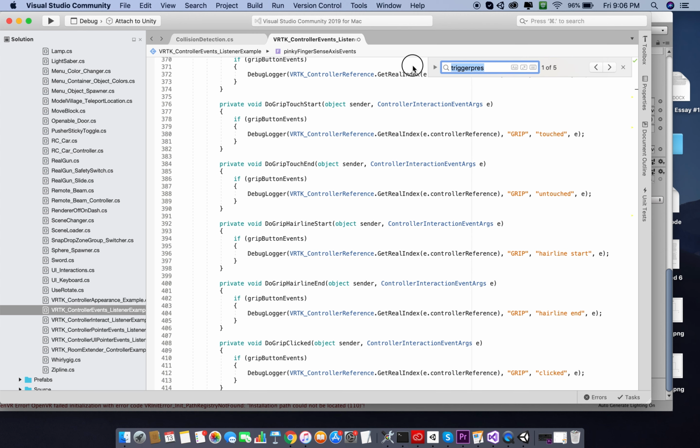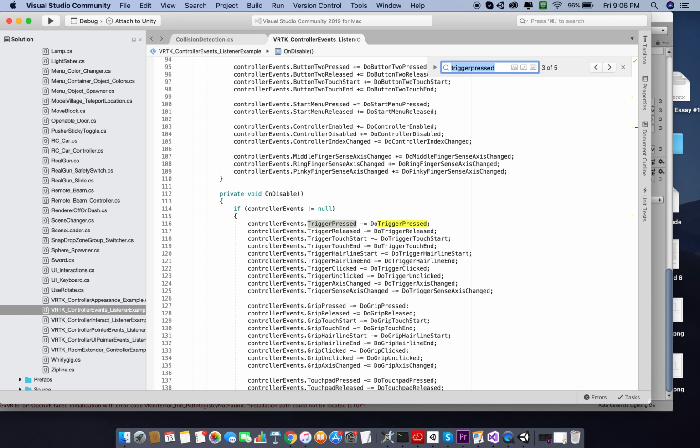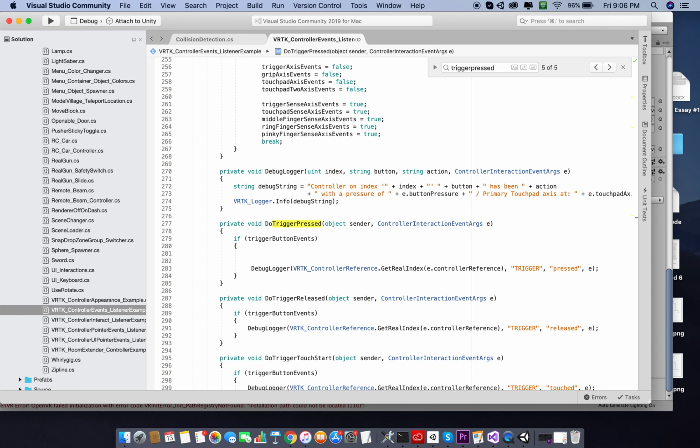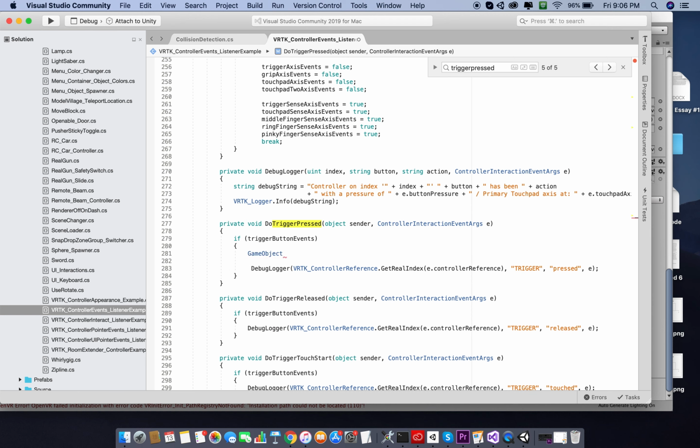So I want to go ahead and find the trigger press method. Okay, and then here it is, do trigger pressed. And we want to do something when the trigger is pressed. And I think a fun thing to do would be to make a cube appear. And this is how you do this. Game object, cube, I think that's a good name for a cube,